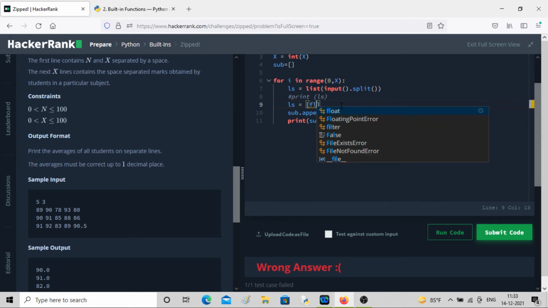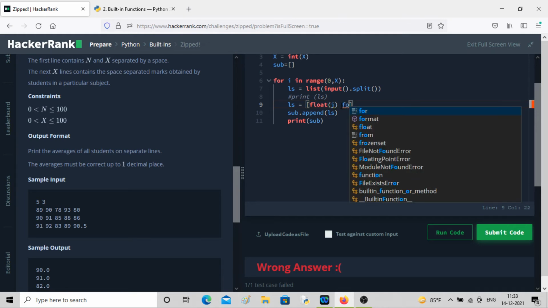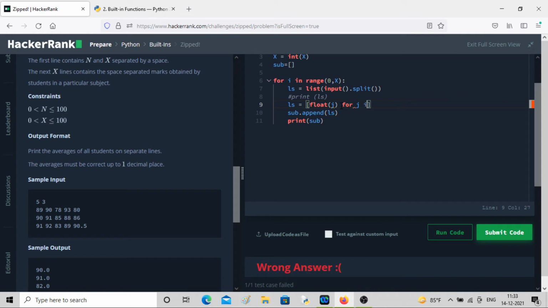I'll write the statement float, then let me take a variable j, and I'll run a for loop for j in ls. So for each element in ls, it will convert into float.